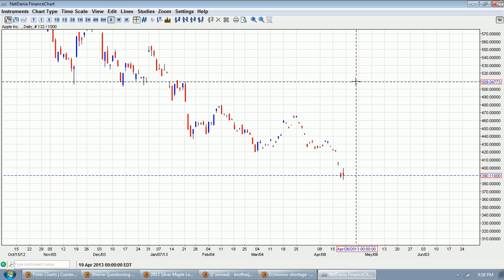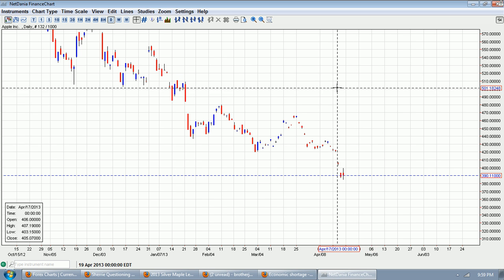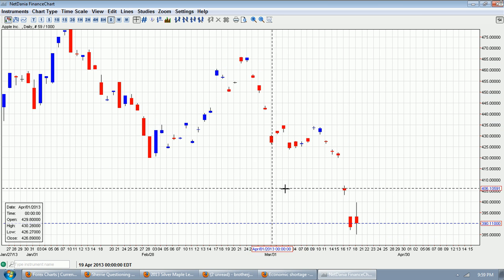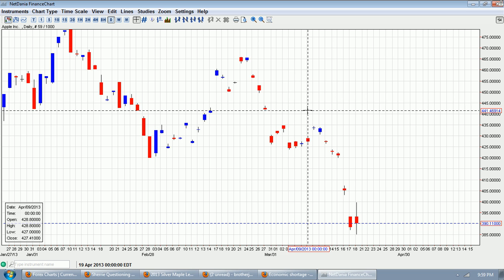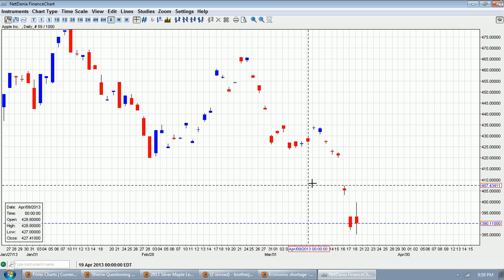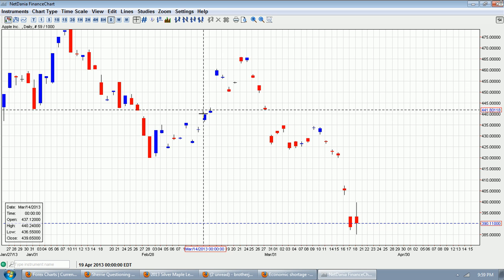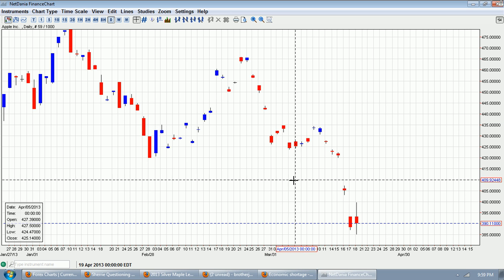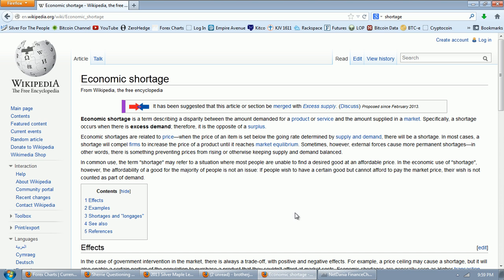So that's what you have to remember, that it's the trading, the buying and selling of a security that determines the price. These prices are being set by fiat. These are fake prices. So we're seeing the breakdown of paper markets across the board, not just in gold and silver, but in stocks. This is a perfect example of a fake market. Fake markets are things you see when you have economic shortages and economic surpluses, when the government is interfering in markets. And we'll see that here.